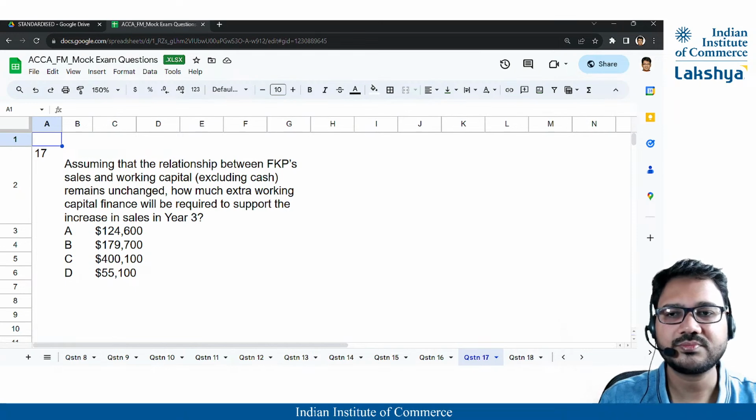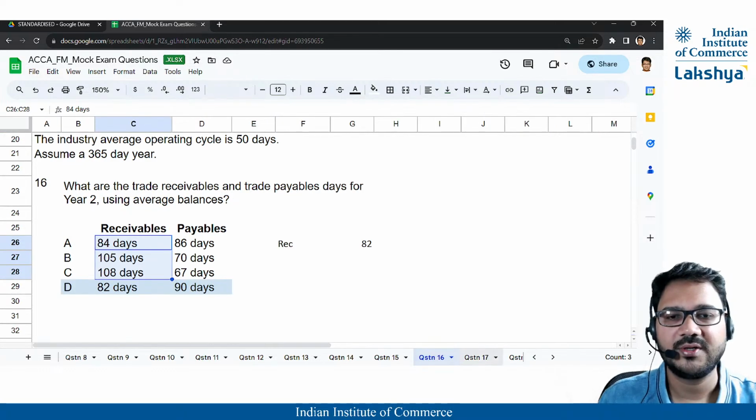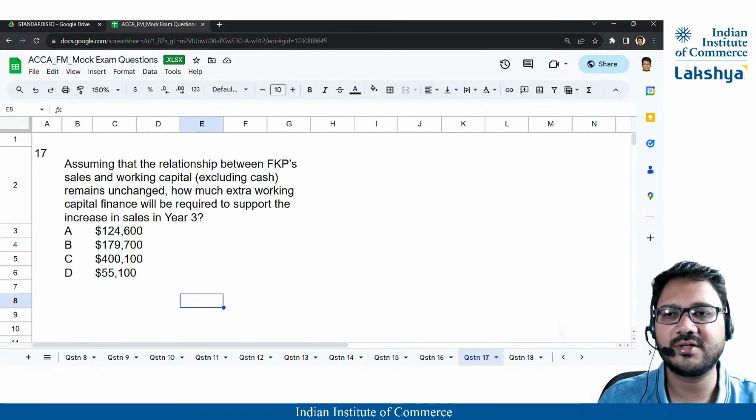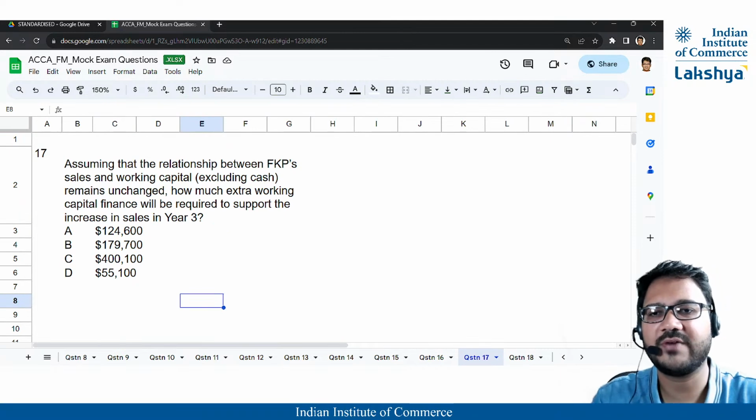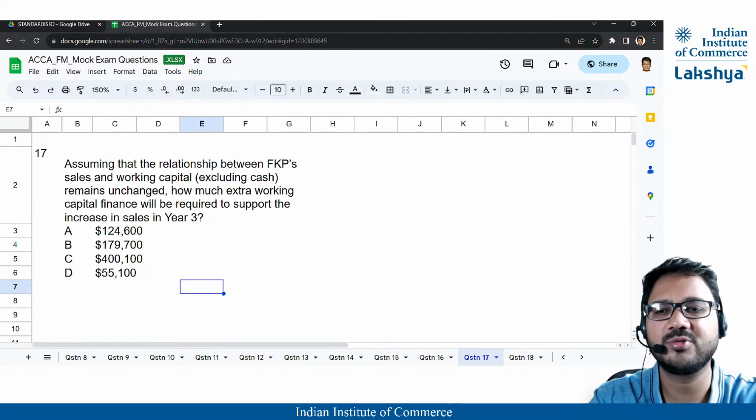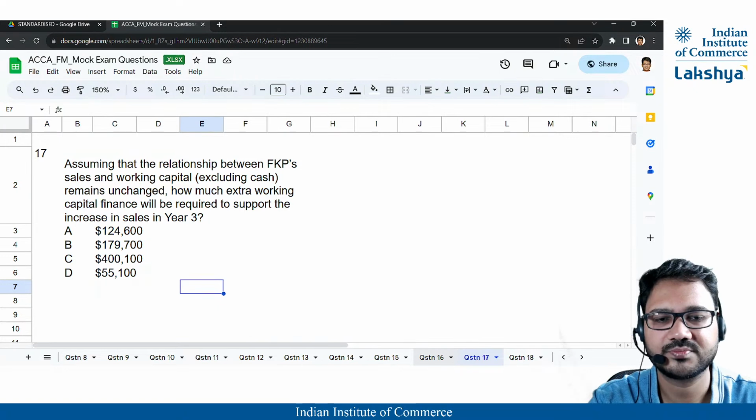So they are saying that sales to working capital remains the same, and in working capital we do not take cash. How much extra financing is required to support an increase in sales? So the increase in sales is how much? Firstly, what is the requirement? Okay, so if we have to say working capital excluding cash, so